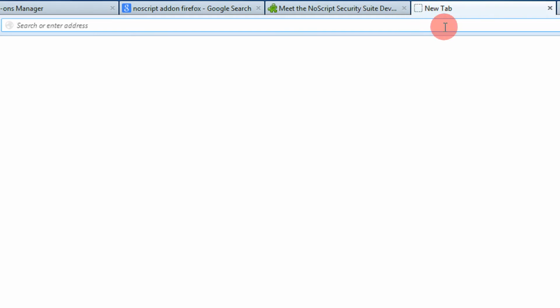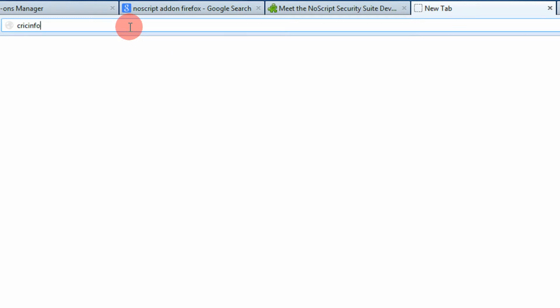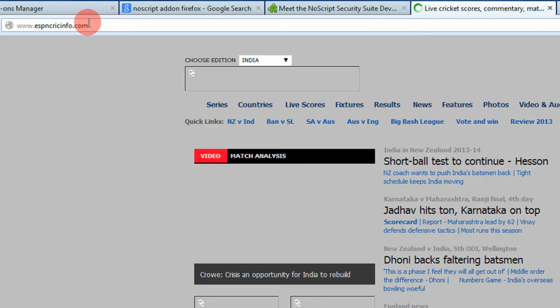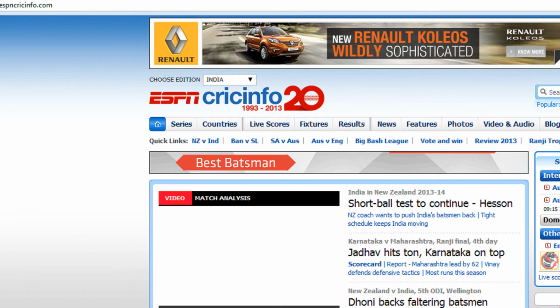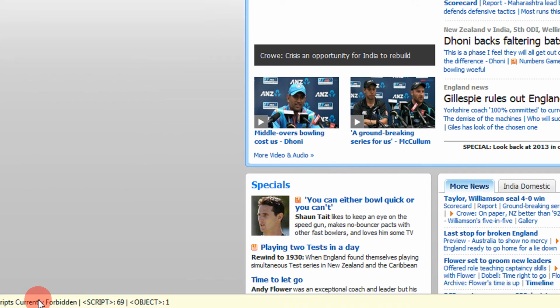Okay, so let me type a website. Let's say cricinfo.com. I'm a fan of cricket, so I regularly keep on visiting this website. So you can see at the bottom, the scripts are currently forbidden.